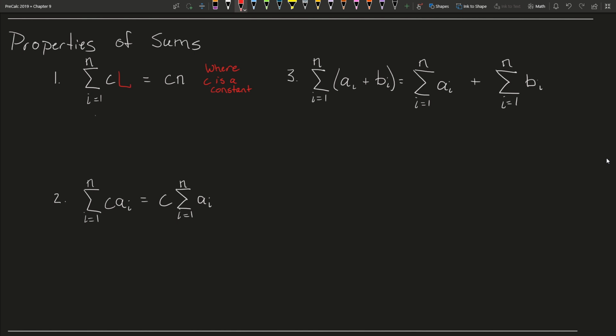Okay, and what this means, since there is no variable with our sequence, right, so there is a missing i right here, and since there is none, we're just summing the constant c a bunch of times over, right? So when there is only just a constant, we get c times the number that we're summing. Right, so if we wrote this out,